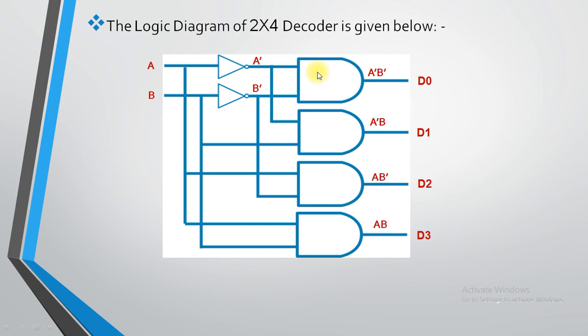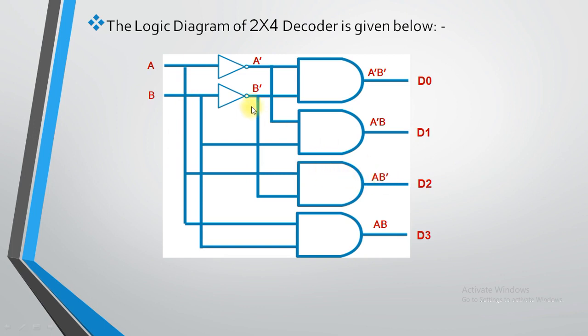After completion of the first AND gate, my second requirement is to pass A dash B. So to pass A dash B, I have already A dash over here. So your cable would be taken from A dash and it goes inside second AND gate. Similarly, my next requirement is B. So I need to take the cable from B and it gives inside the second AND gate. What is my third requirement? A B dash. So the value of A would be taken from this particular cable to this particular third AND gate.